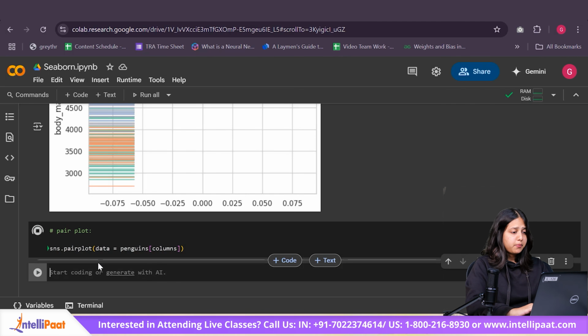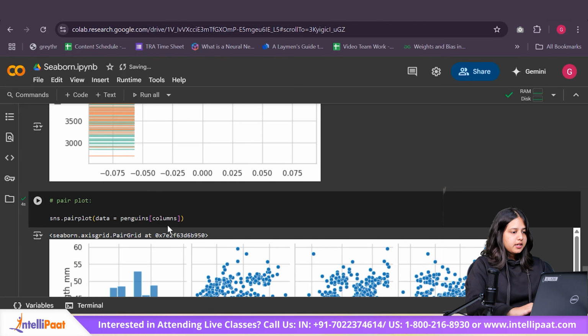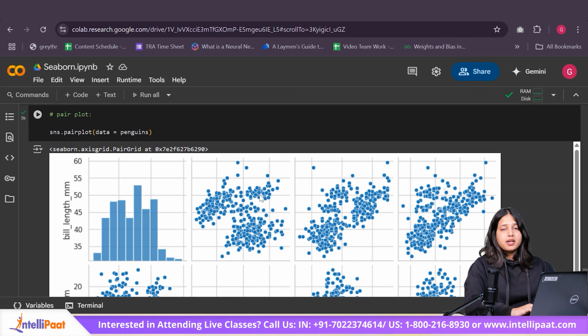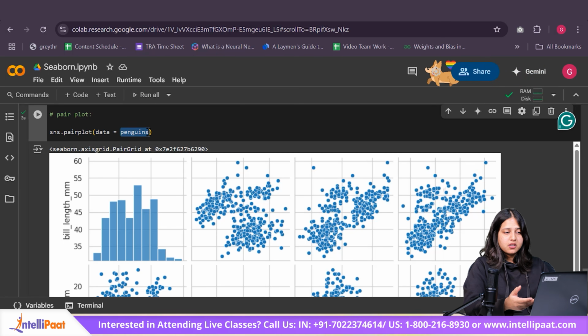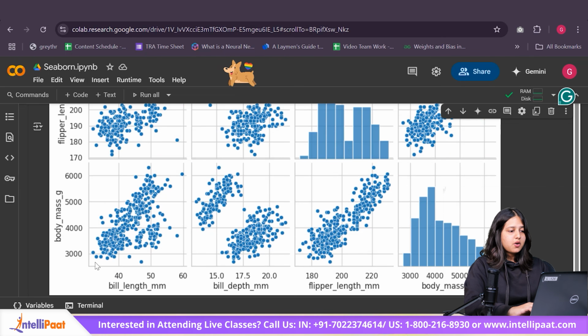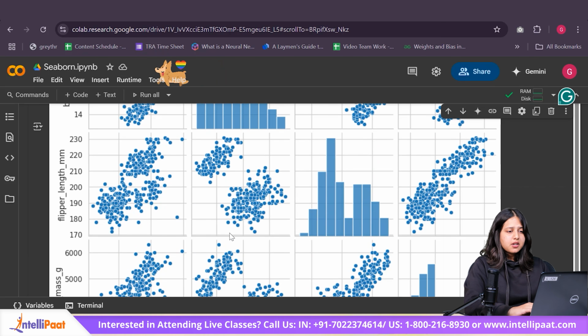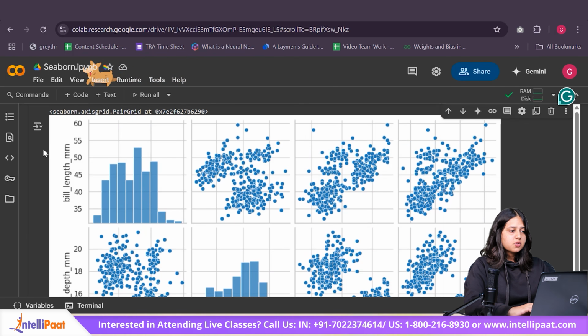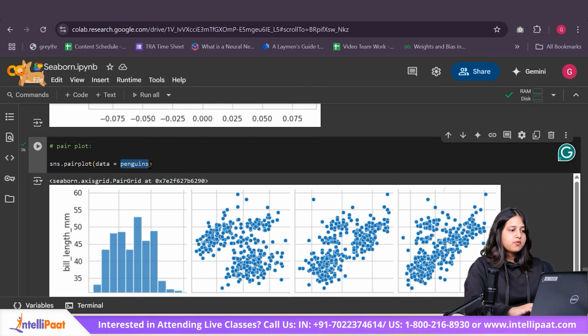And if I go ahead and plot it, if I do not pass this particular thing over here, unlike a heat map, your pair plot is not going to raise an error if you pass your entire data frame at once, which is obviously going to contain categorical columns as well. What pair plot does is it automatically filters out all the categorical columns and works only with the numerical columns. So I have not passed the numerical columns explicitly. Rather, pair plot has done it by default, right?